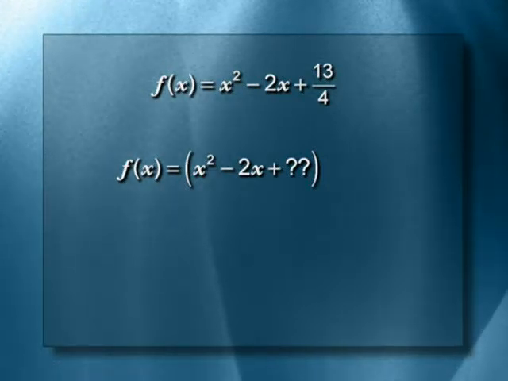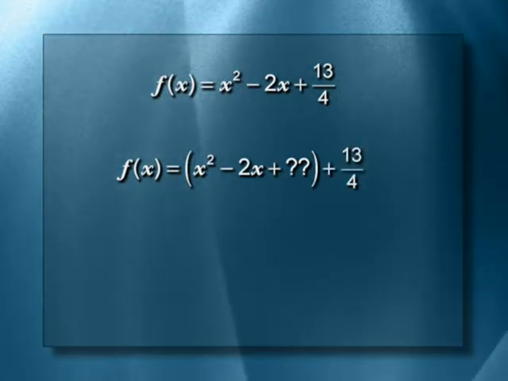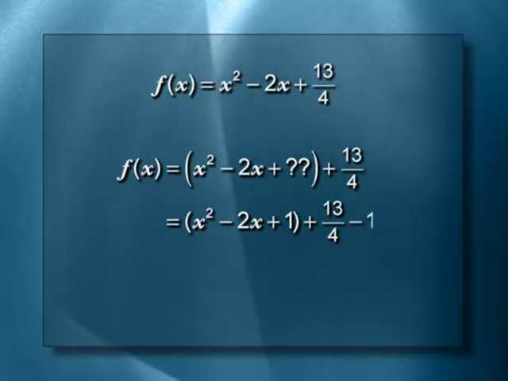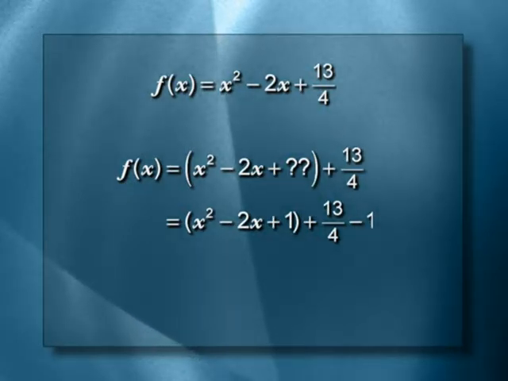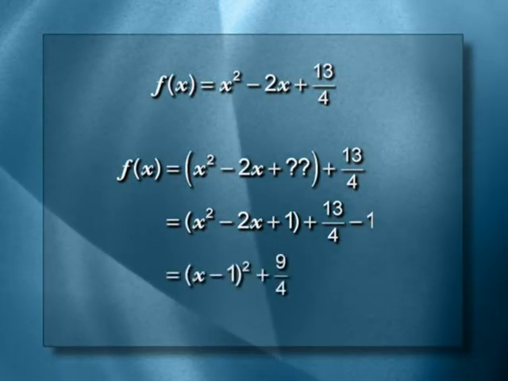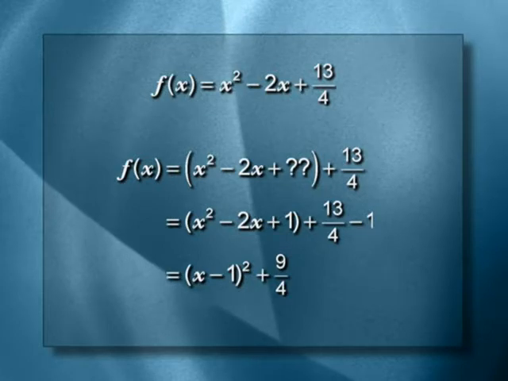And then take the constant term, 13 over 4, and put it over there on the right. You're not going to need that for the moment. So what should I put in there to make it a perfect square? Well, I think you see if I add 1 to it, then it's x squared minus 2x plus 1, and indeed that's a perfect square. It's x minus 1 quantity squared. But if I put a 1 in there, I've changed the problem, so I have to subtract 1 outside. So now the constant is 13 over 4 minus 1. So finally, when I factor that perfect square, I have f of x equals x minus 1 quantity squared plus